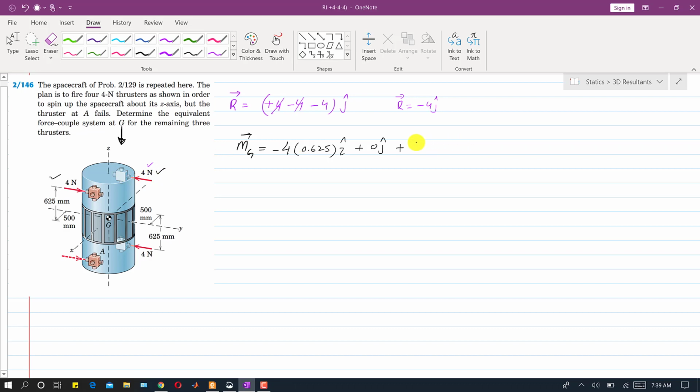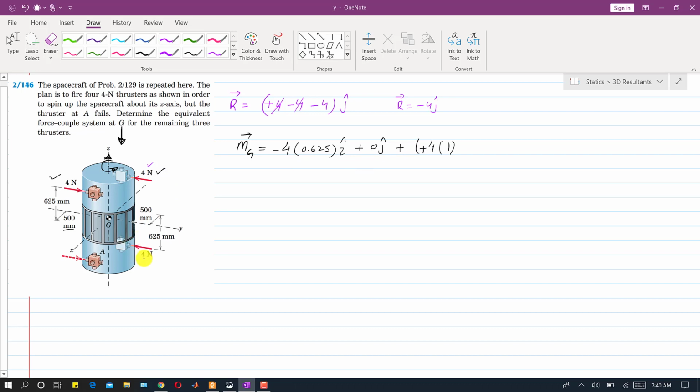So we can find the magnitude of that couple by writing 4 into the perpendicular distance between these two. So what will be the perpendicular distance? 500 plus 500, so that is 1000. 1000 divided by 1000 is 1 meter, so this is 4 into 1. And what will be the direction of the moment produced by these two forces, that is the couple? This will be the direction. If we curl our right hand fingers in this direction, our thumb will point out in this direction, which is positive, so I will write plus here.